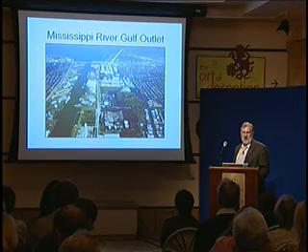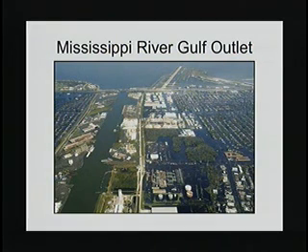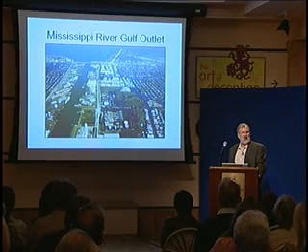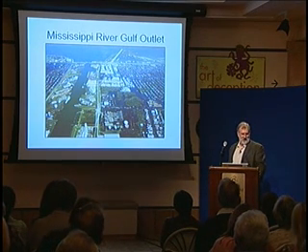Okay, now let's turn our attention to the Mississippi River Gulf Outlet. I suspect that prior to Katrina, no one here had ever heard of this. This was one of the two big Army Corps of Engineers boondoggle projects of the 60s and 70s. The other one was the Tennessee-Tombigbee waterway between Mississippi and Alabama. Both of these projects cost billions of dollars and moved more dirt than the Panama Canal.